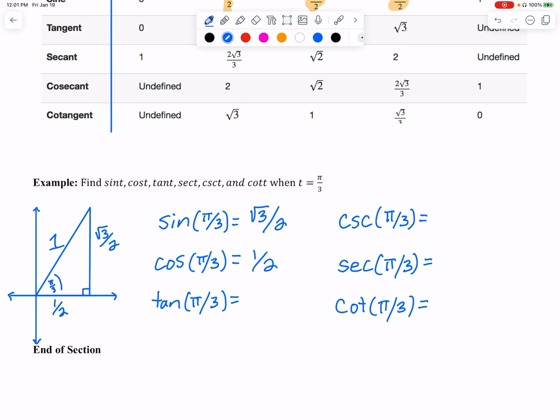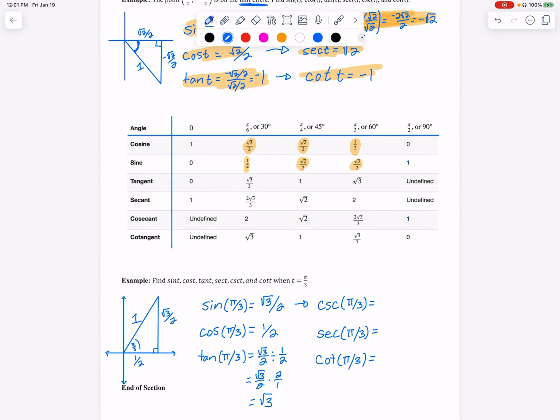And then we can flip those. Let's do tangent actually first. So tangent is going to be y over x, or divided by x. Well, if I follow that, radical 3 over 2, I change this to multiplication, I flip it over, and I get a radical 3. Okay, so let's flip these. Let's use that previous problem. I'm going to zoom out for a moment so things are going to get kind of small. That previous problem,